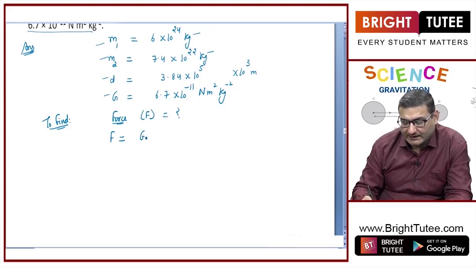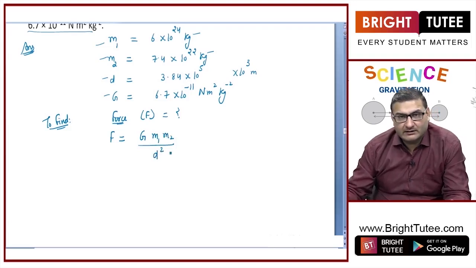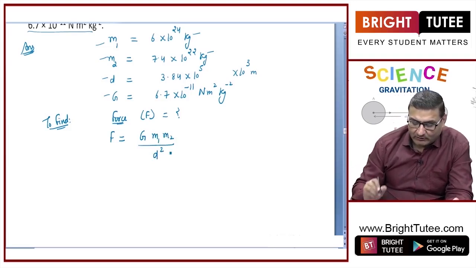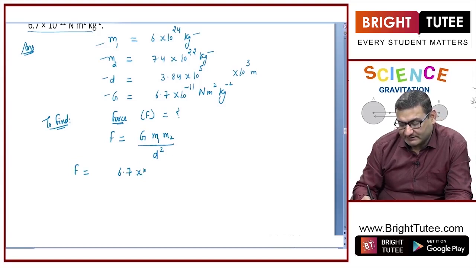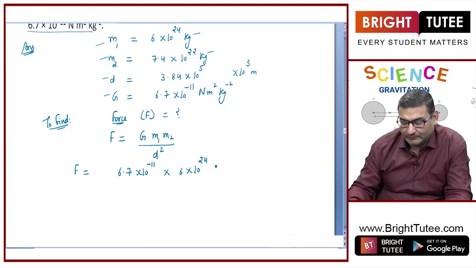Force is given by capital G m1 m2 upon d square. Got it? We just need to put the values. All the values are given to us. Now, replacing these things with their values, rather than writing G, I will replace it with 6.7 into 10 to the power minus 11, multiplied by the mass of the earth, which is given to be 10 to the power 24,